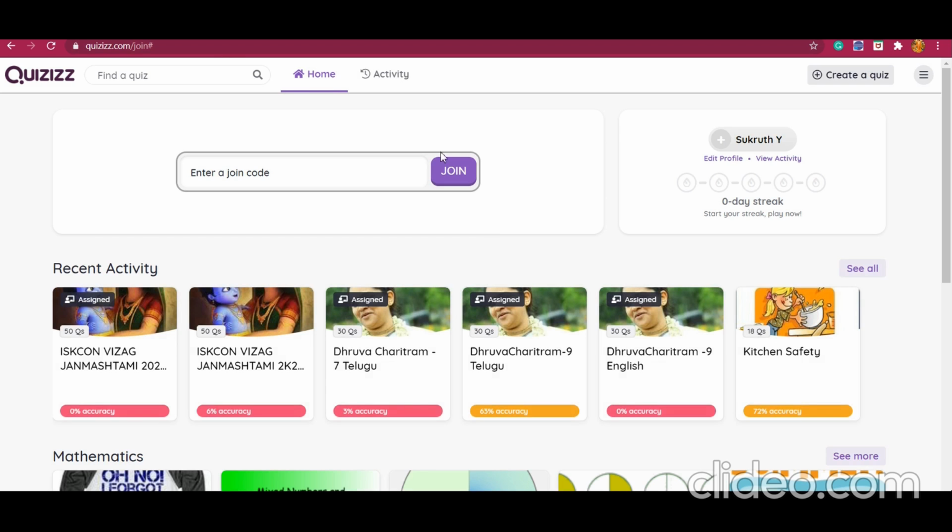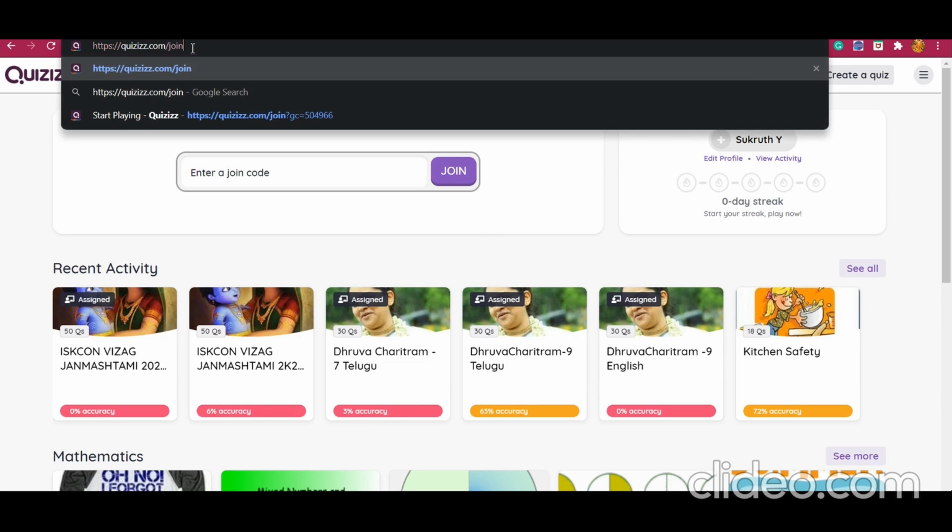Now what you should do is go to the address bar here. Here you see there is something like this. We have to make a small modification to this. Here as you can see there is something called join slash, https://quizizz.com/join hash.